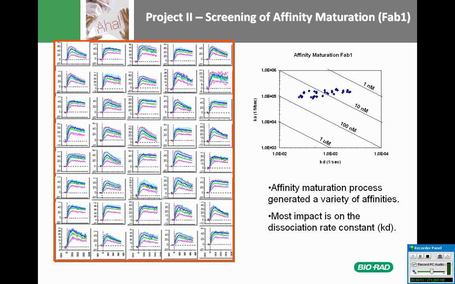So then the second project was to do affinity maturation. Those Fab were subjected to mutagenesis in different ways in order to introduce mutations for increased affinity. You can see those mutants were then screened to determine the affinity constant, the kinetic binding constant, and you can see here for Fab1